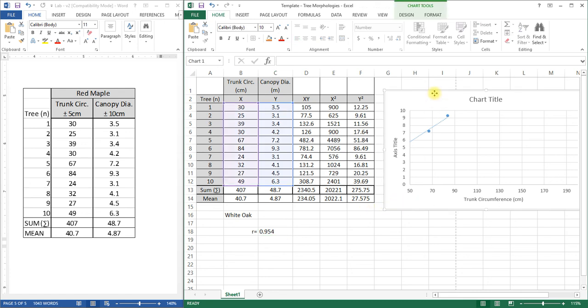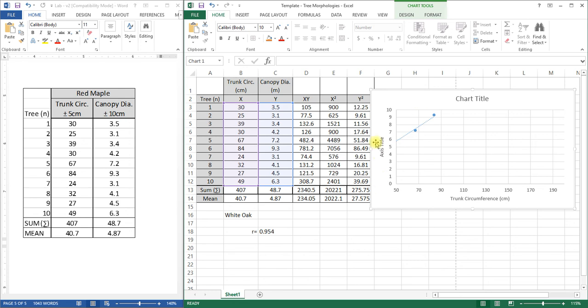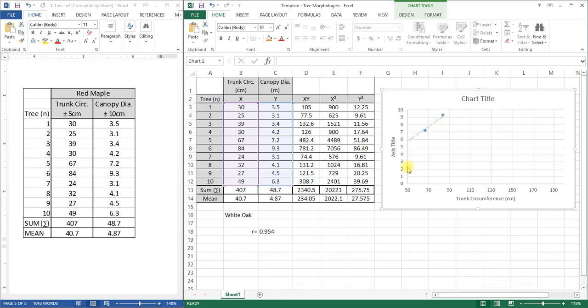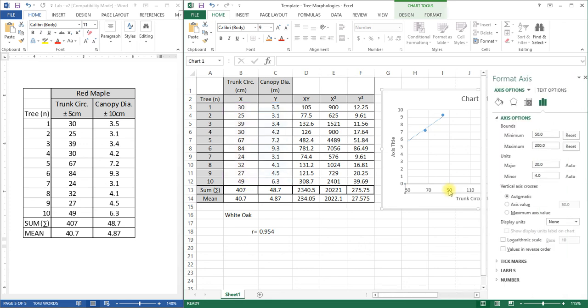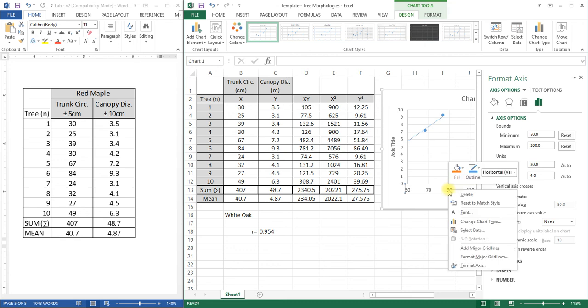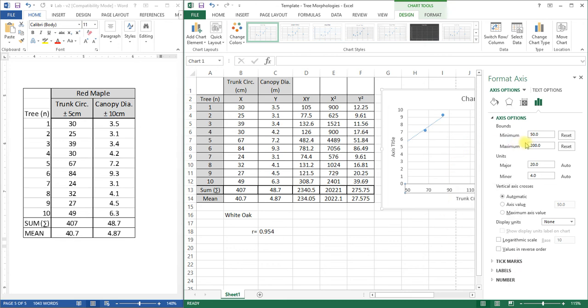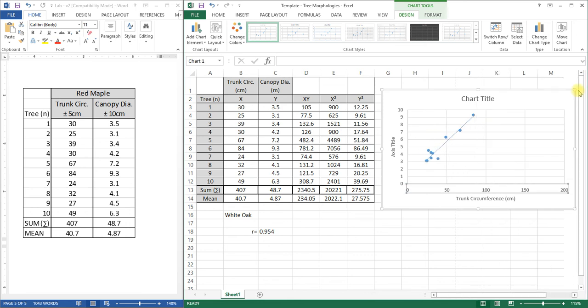So the only thing you really have to do at this point, you've already created your graph, and it already made a graph. The only thing at this point you have to do is go back and rescale it, because obviously the trunk circumference is much smaller on the red maple from what we were using with the other trees. So in this case, you can double click on it, or you can right click over it to format axis. But let's go back here to 0 and see if we can find out where is a good scale. So, all right, in this case, probably around, I see something at 24, so maybe we want to do 20